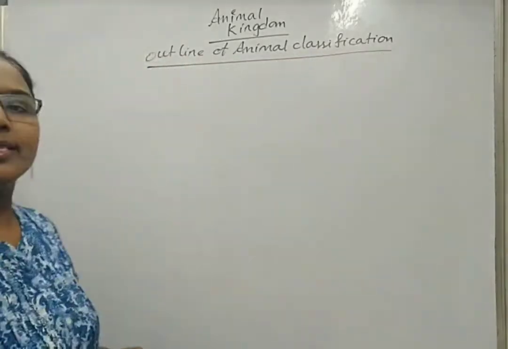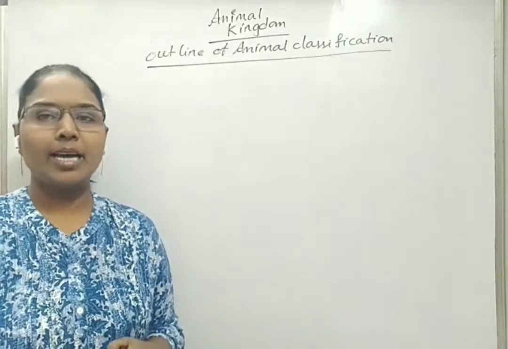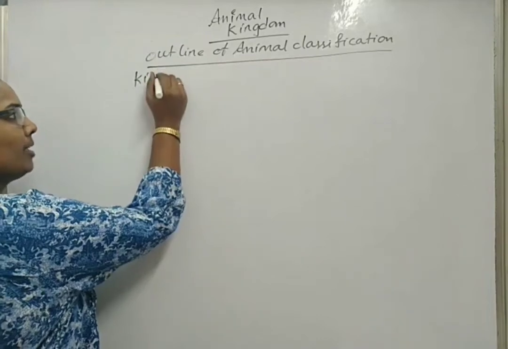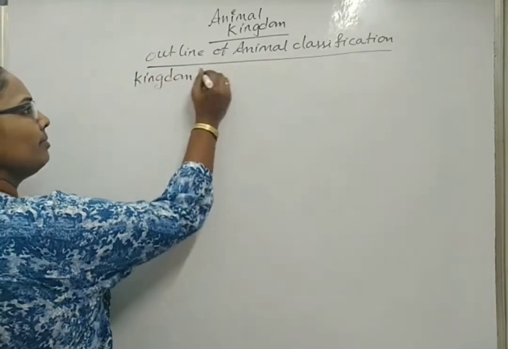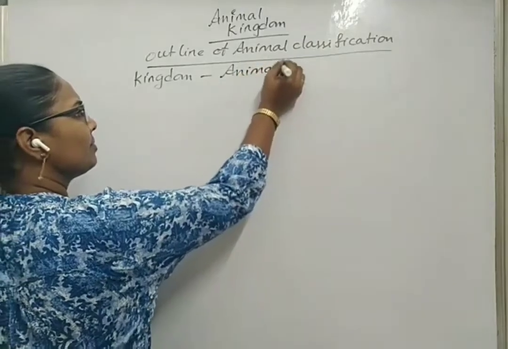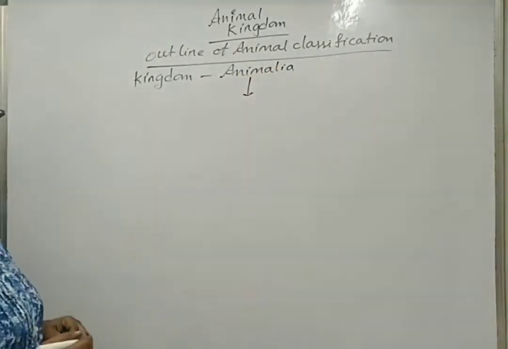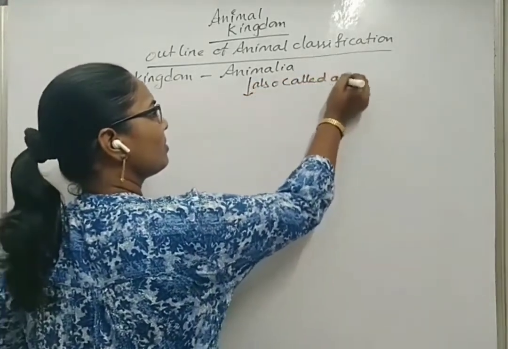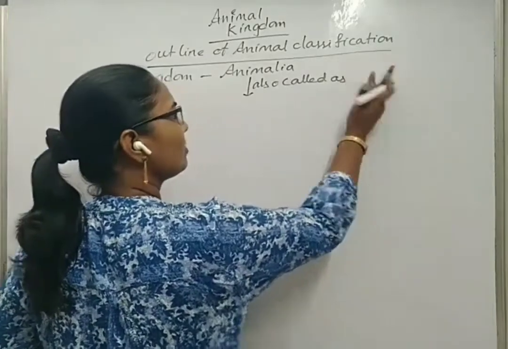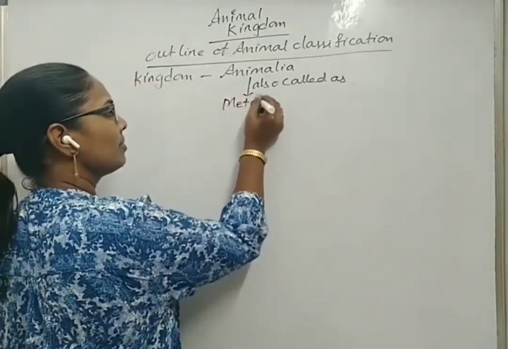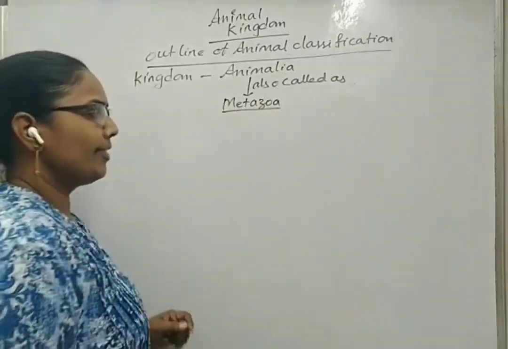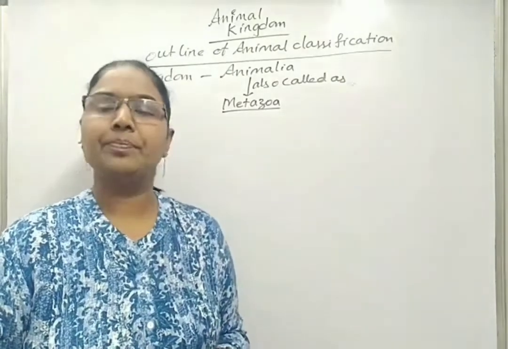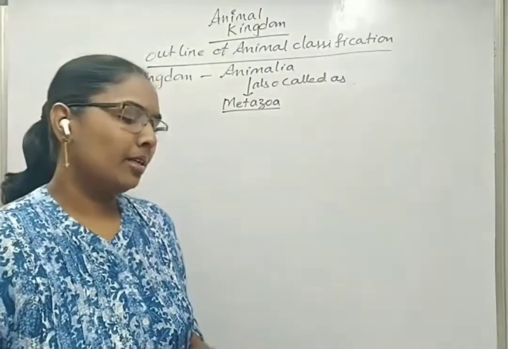We know that all animals are studied under the kingdom Animalia. So in taxonomy, one of the taxa is kingdom, that is Animalia. Animalia is also called metazoa. We can define metazoa as the taxon or the kingdom, animal kingdom, in which the organisms' body is made